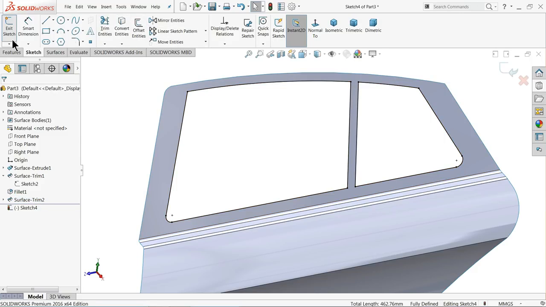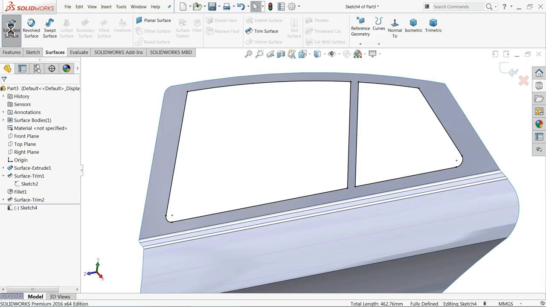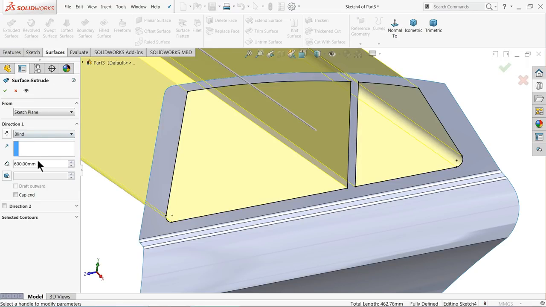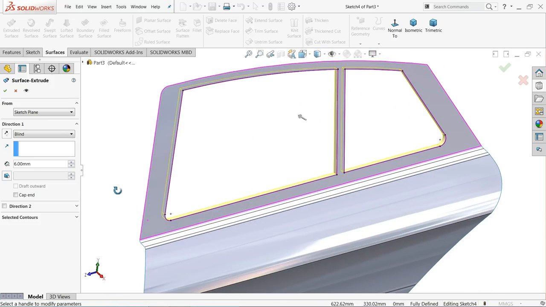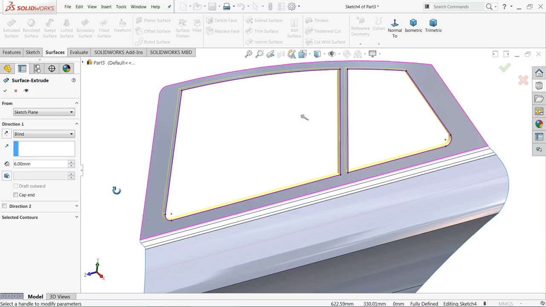Now we want to extrude it, so simply go to surface, extrude surface, and we want to extrude up to, let's say, 6mm. And select end cap here.